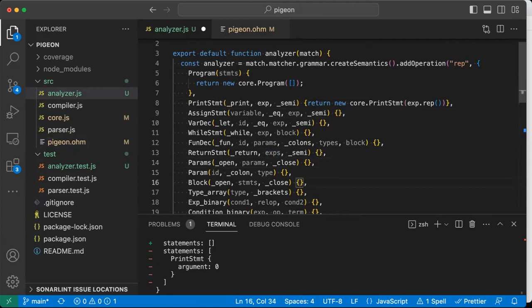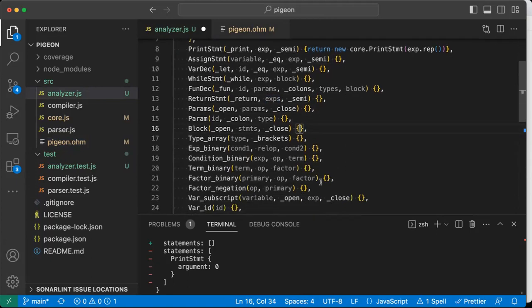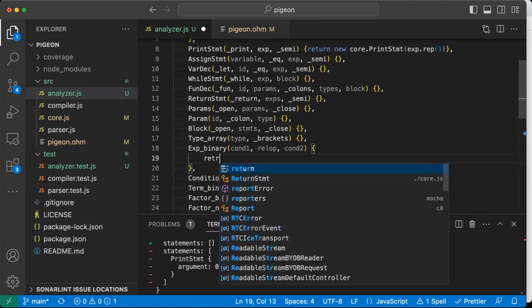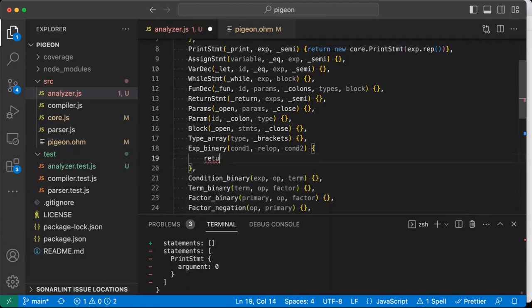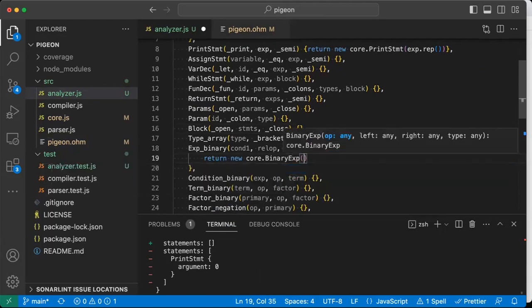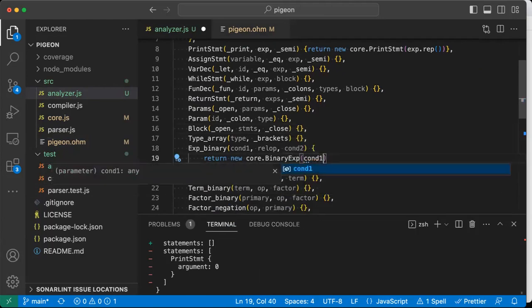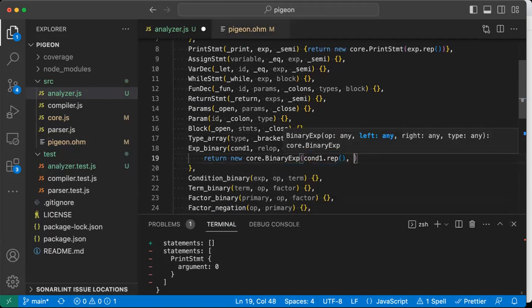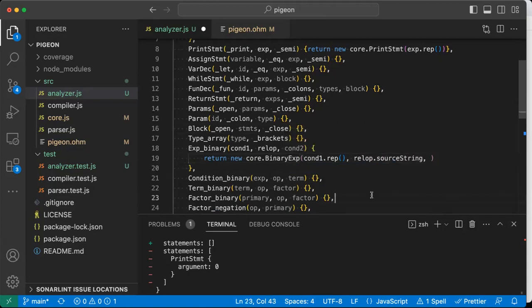What can we do for blocks and binaries? Are any of these things pretty easy to do? I think some of these binary ones are pretty easy. We can just return a new core binary expression with the condition 1.rep, the relational operator. Now the relational operator is going to come in as a syntax tree node, but we just want its string. We just want the string representation of the operator,